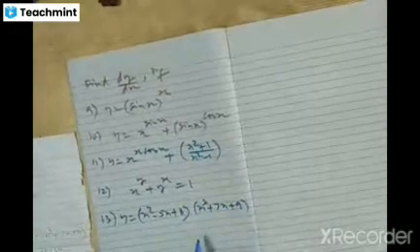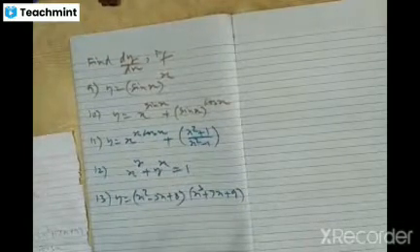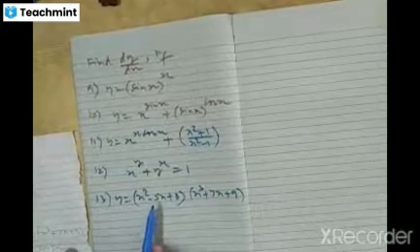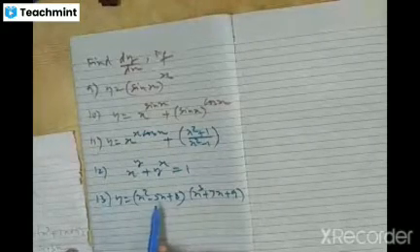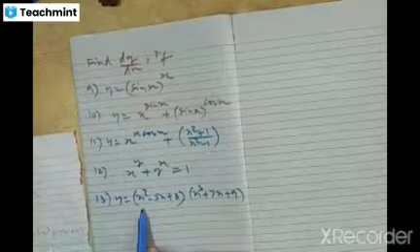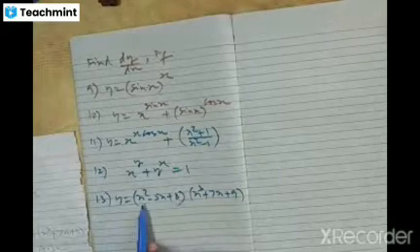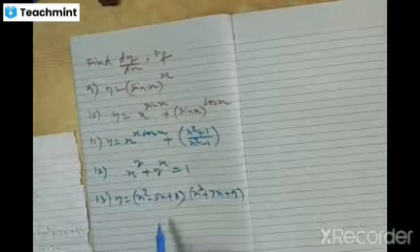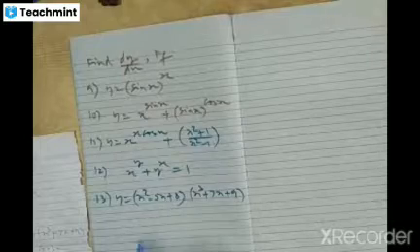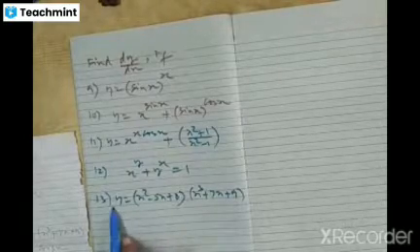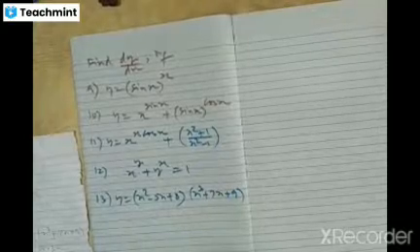See here, you can find dy by dx in 3 different ways. One is using product rule, you can find dy by dx. Second thing, multiply these two, you will get a polynomial function of degree 5. Then you can differentiate. And the third one is you can use logarithms. Take log on both sides. Log y is log of this plus log of this. That's a third method. Okay.